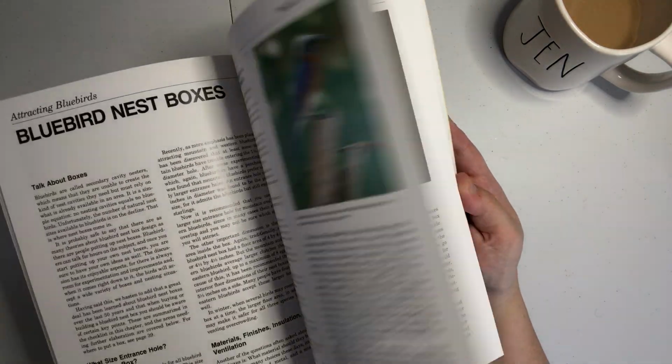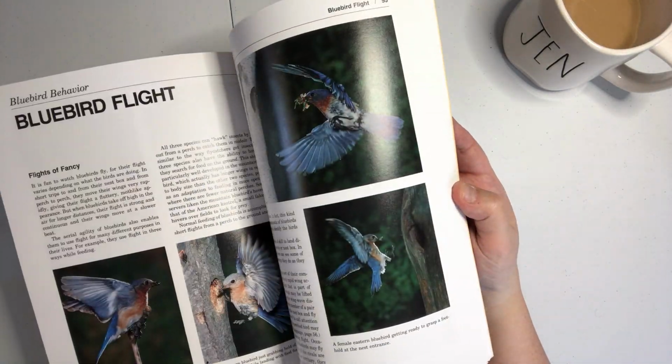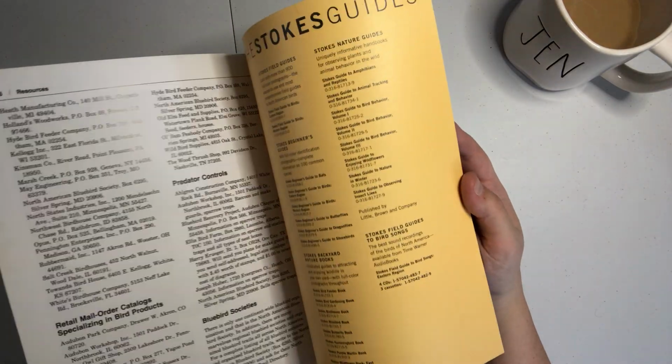Absolutely gorgeous. Yeah. That's beautiful. Look at those images. That's going to be fun to use in a book. I have a couple people wanting bird things. Okay, and then